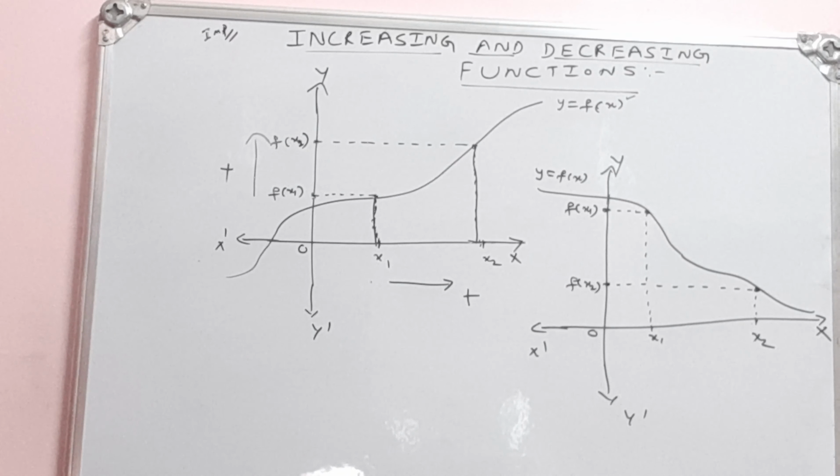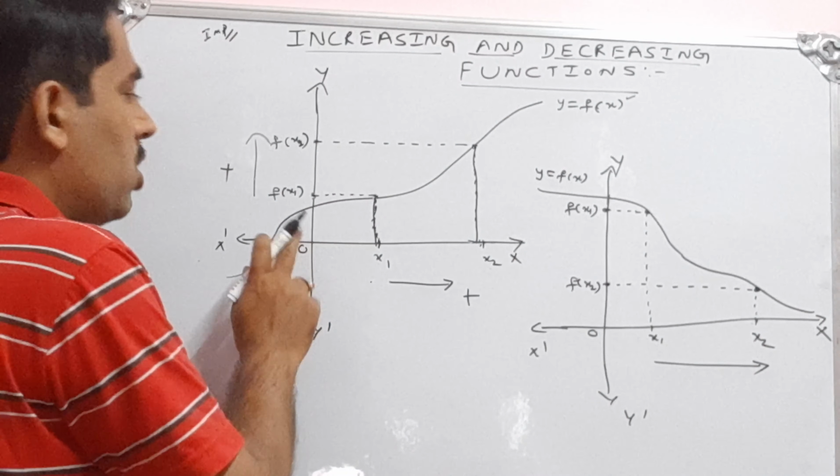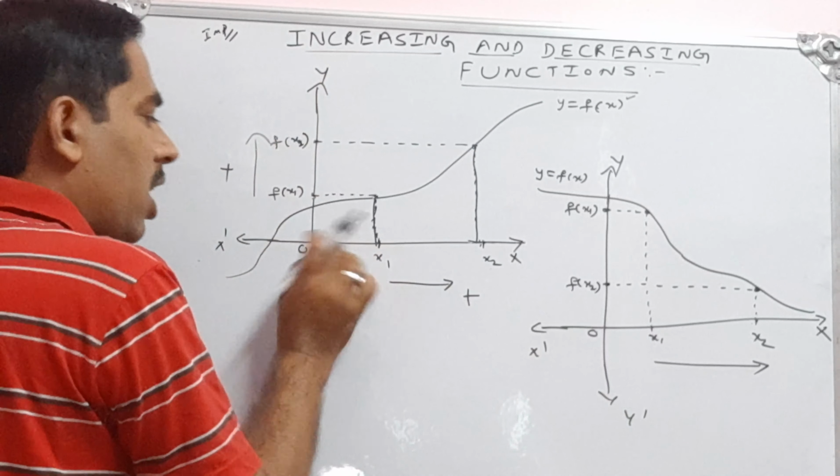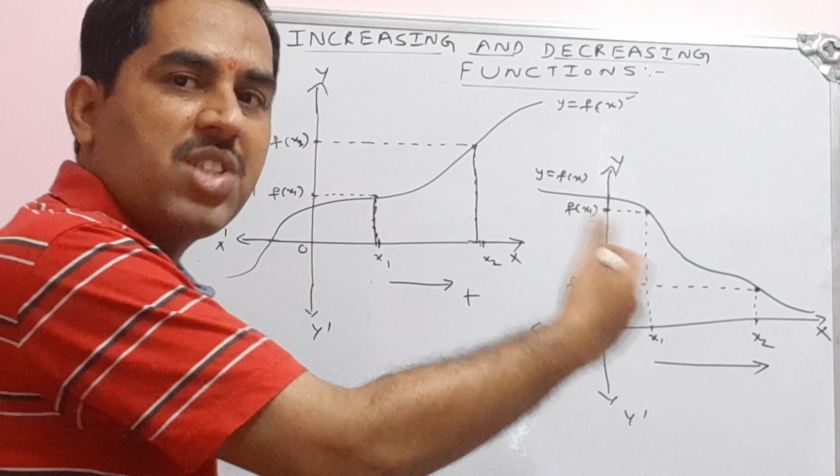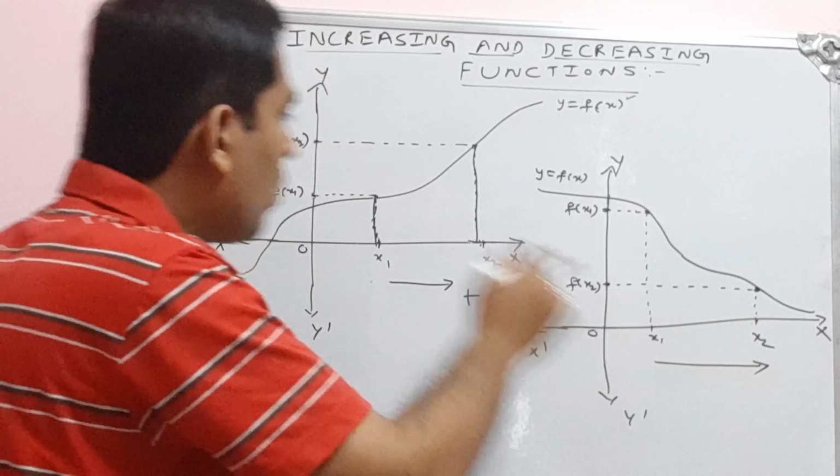Observe here, the value of x increases here also. I am moving to the right side of the origin. Here also I have moved towards the right side of the origin, meaning 1, 2, 3, 4, 5, 6. The values of x will increase. Here the values of y also increase. So as the value of y increases, the value of x increases in this case. That's why I have written plus plus. In this case, the value of x increases as I move towards the right side of 0. Then observe the height of the graph. The height of the graph goes on decreasing. So it decreases, that is minus.